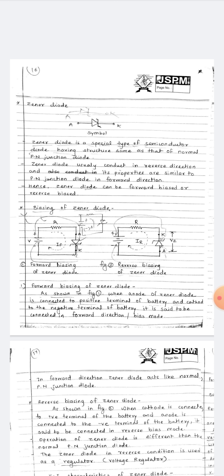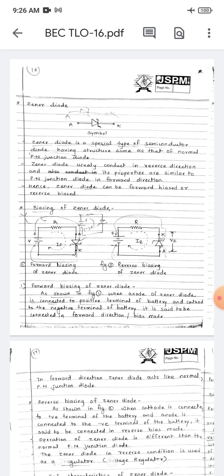So we have seen the PN junction diode in reverse bias. A PN junction diode behaves like an off switch because it offers very high resistance in reverse biasing, and we get a very small current when the diode is in reverse bias. To overcome that drawback, we have designed the Zener diode. A different type of doping is done in the Zener diode. That's why in reverse biasing connection the Zener diode works very smoothly. It will provide good reverse current in reverse characteristics also.